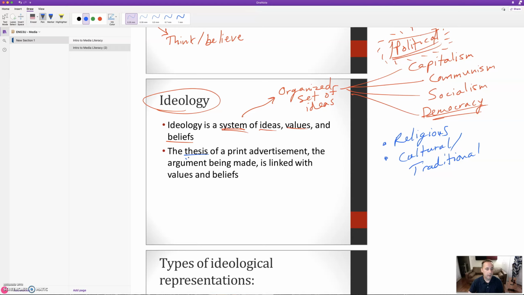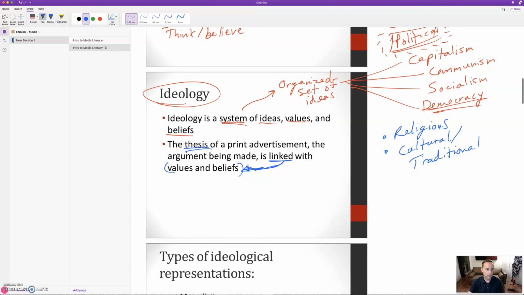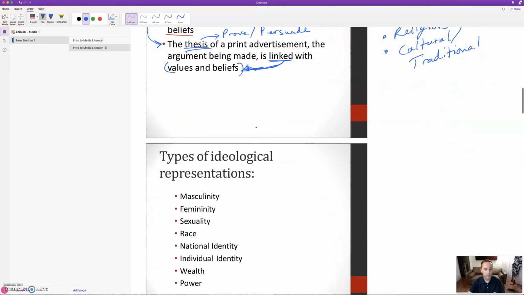The thesis, the main idea of a print ad, the argument being made is linked with these values and beliefs. Okay, so those are connected. So whatever they want us to believe and what they want to prove or persuade us about, okay, that's going to be automatically connected to the ideology of the advertisers.